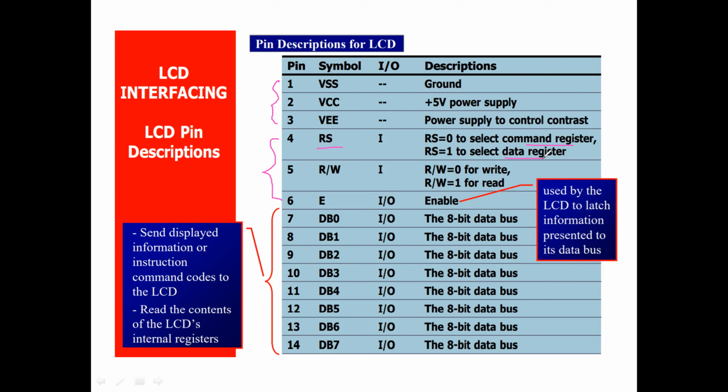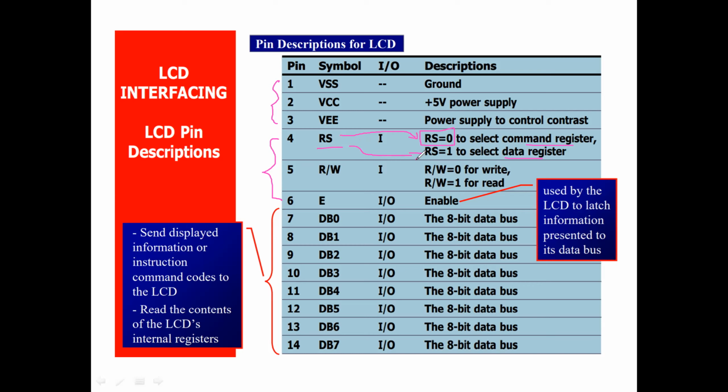How will the LCD controller understand whether you are sending a command or data? You have to enable or disable this particular pin. If you clear this pin, the LCD controller will understand you are sending a command. If you set this pin, set means providing 5 volts.